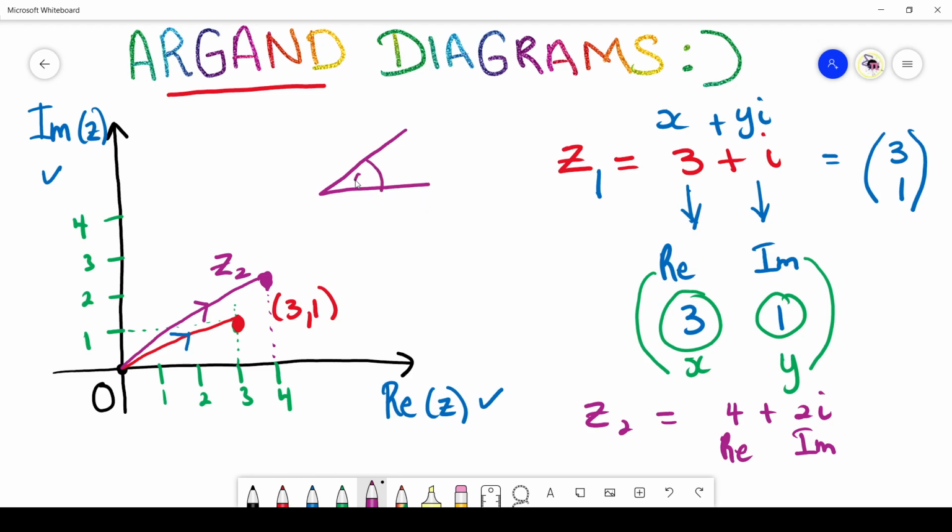It's going to form an angle called theta. Now, when you're doing a complete Argand diagram, you would have to also include that value of theta on your diagram